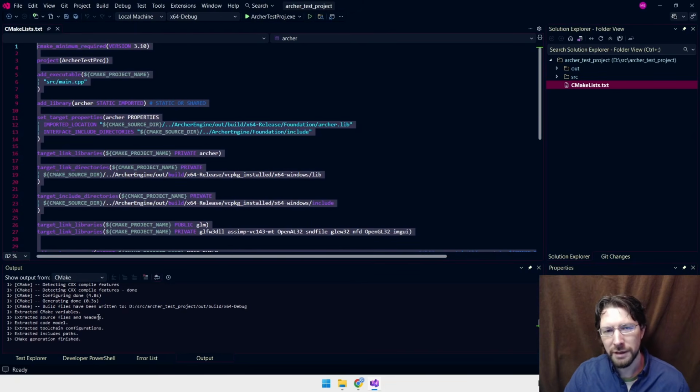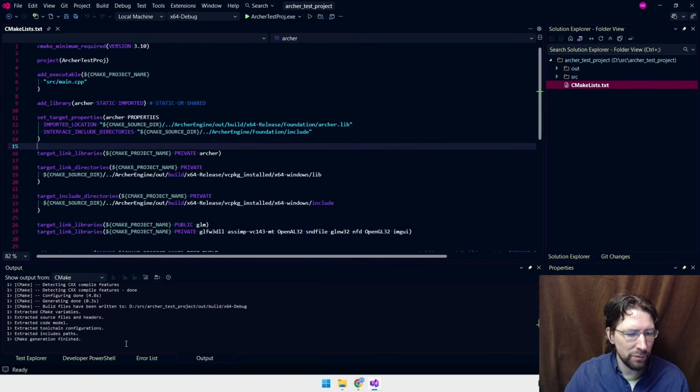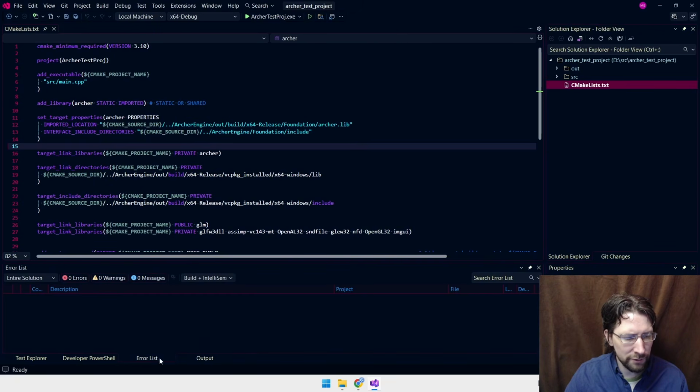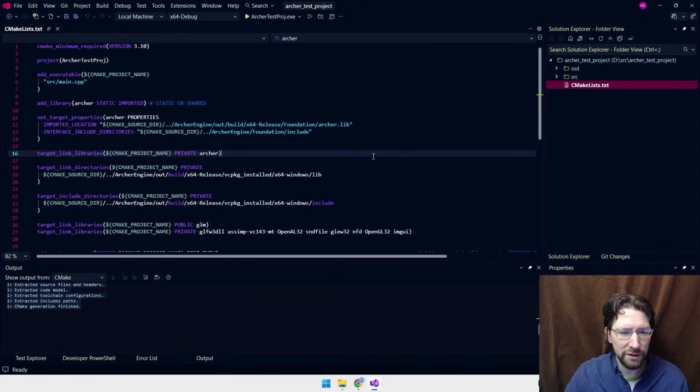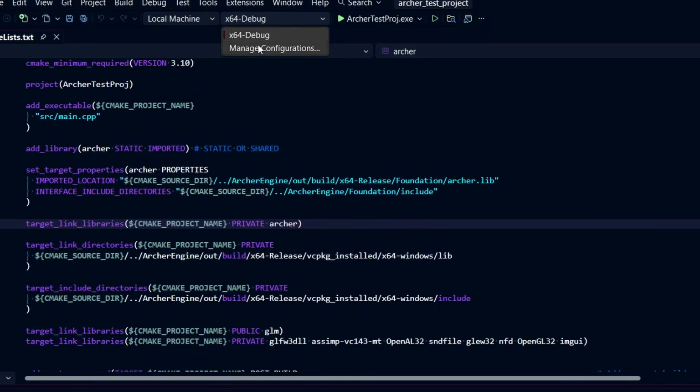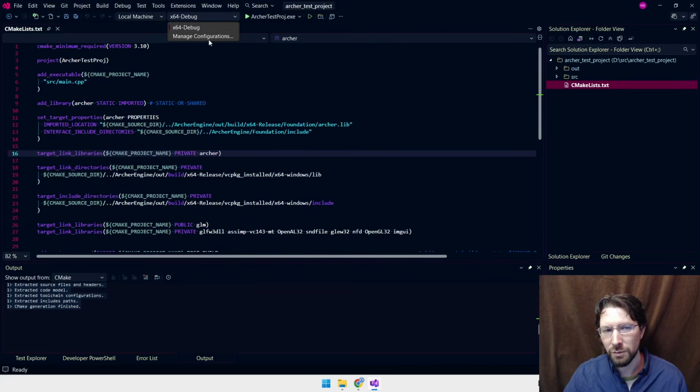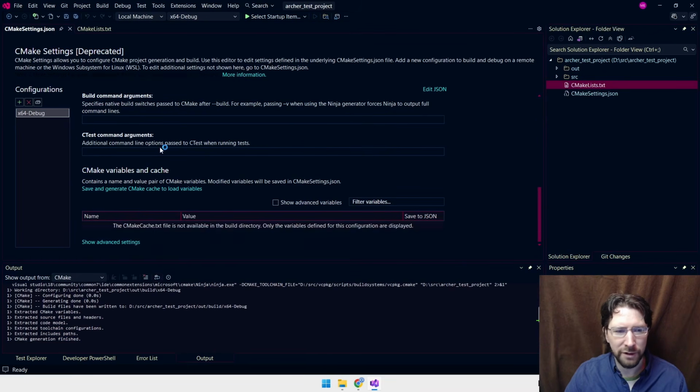If you want to use CMake specifically with the command line, it's going to be a little trickier because you're going to have to know more commands, but it's just as doable. It's essentially what this is doing just in the background. But you see it finished, it didn't have any errors, and it looks okay. And theoretically, we could run this right now, except we do have to put this in release because in debug, it's not going to find the right libraries. So it's going to have an error for sure.